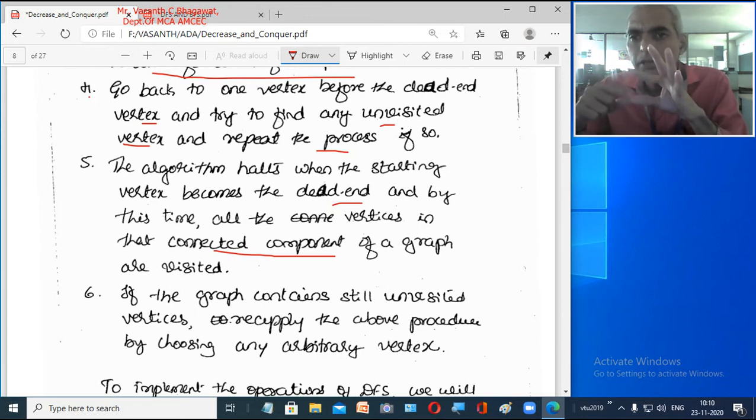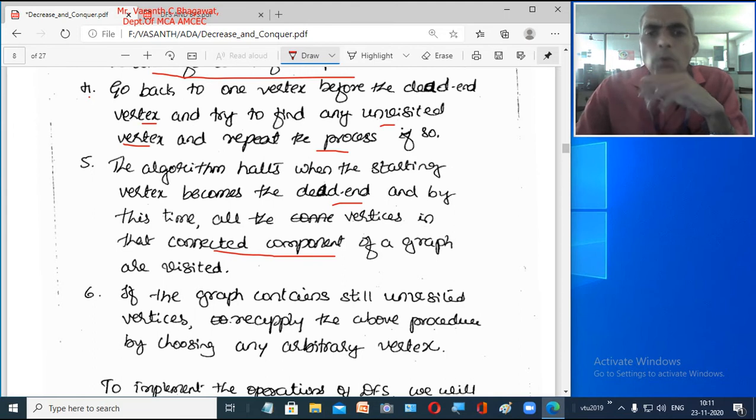Because you have visited this, now you come to this node. From this node, look into the adjacent nodes. What are the vertices which are adjacent to this node and not visited? Suppose for this node, if this is adjacent but you have already visited it, since you came from here to here, it is already marked as visited. So now you have to look into the adjacent nodes which are not marked as visited. So we use that marking of visited and not visited, and we keep on doing that.